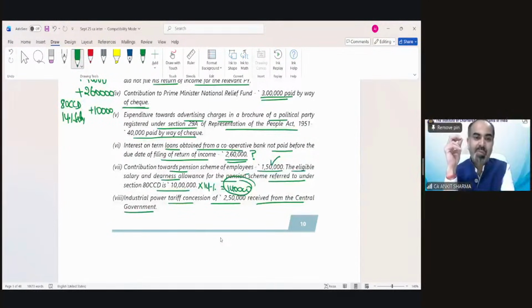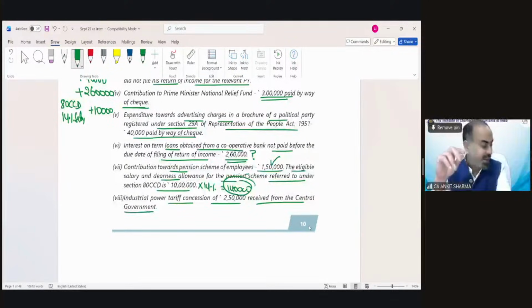What is the treatment of point number 8? Khushi is saying no deduction, no addition. Okay, anyone else? Who will answer that? What should be the treatment of this? Khushi has given the correct answer. Well done. If the payment has been received and already included, this is the case where the amount has already been included. Lokesh is also correct.